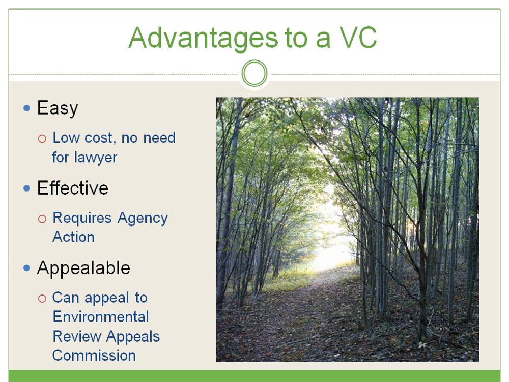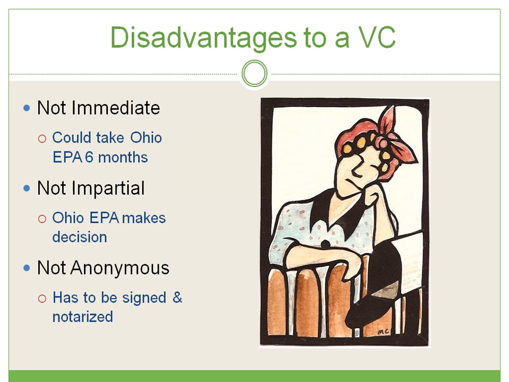But as with anything, there are some disadvantages. First, the result is not necessarily immediate. As I said, the Ohio EPA has 180 days to respond to your complaint. In some instances, you will receive the full investigation and report and what Ohio EPA will do next. Other times, you may just get we're working on this, and the investigation is ongoing after that 180 days.